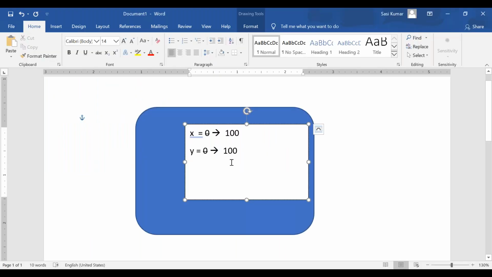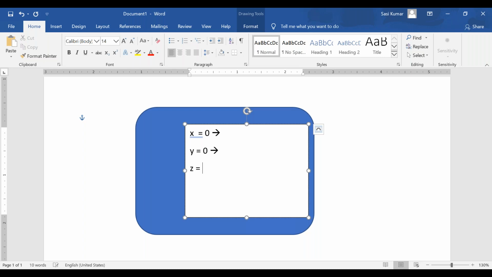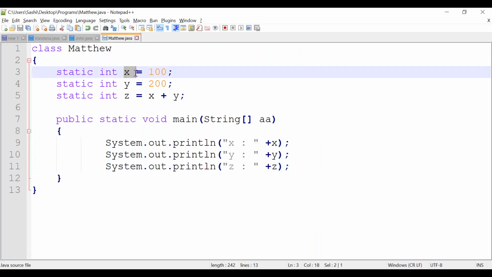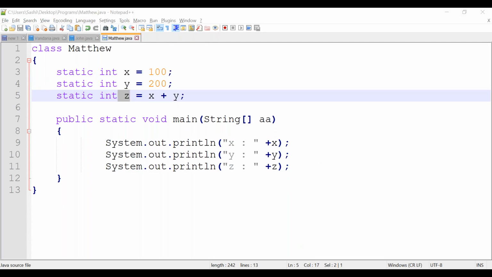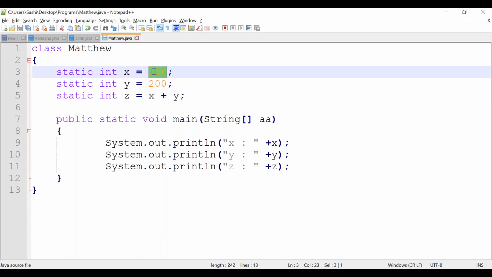While you are running, what happens? First x will be loaded with 0, y with 0, and z also with 0. First it loads the default values, correct? Then initialization happens from top to bottom.